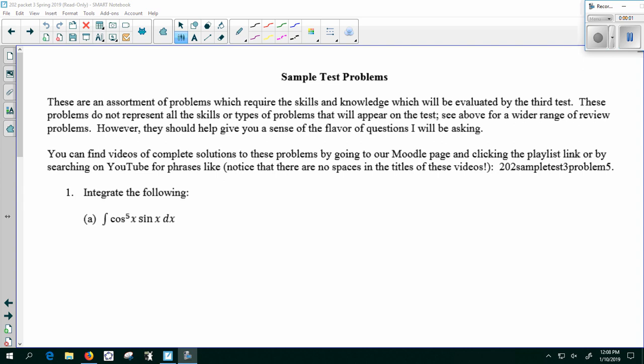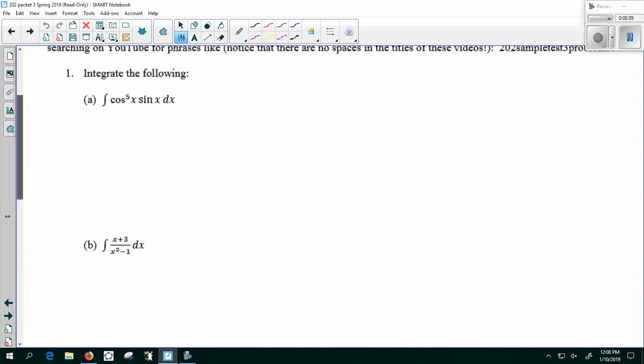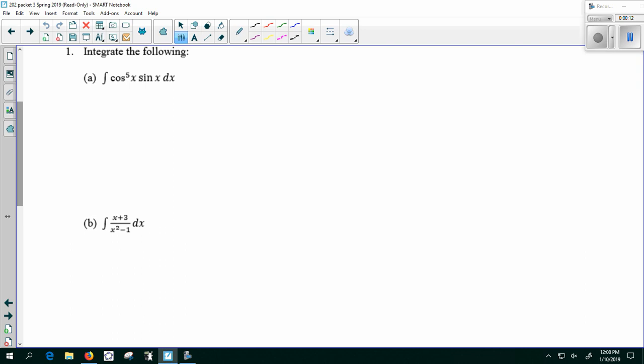The final exam review. Number 1, we've got a bunch of integrals to do. So if I want to integrate cosine to the 5th x sine x dx, the first thing I might notice is that cosine and sine are derivatives of each other, which typically indicates a u substitution. So I'm going to let u be cosine x,